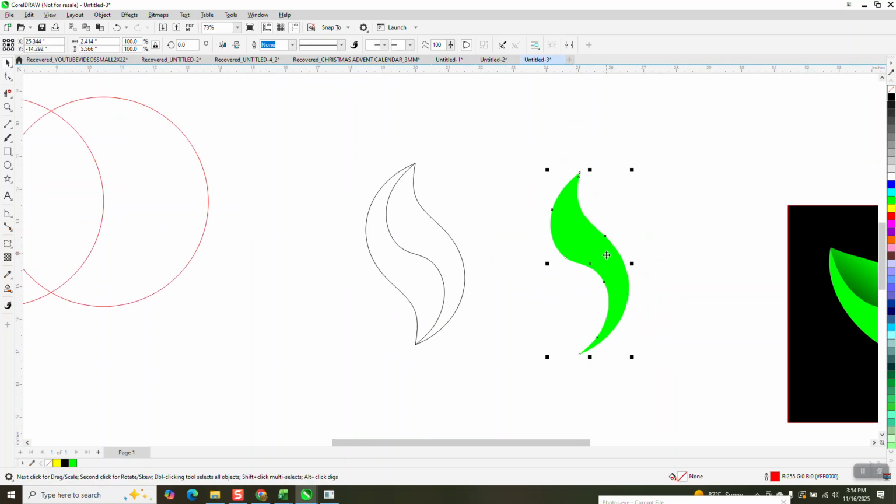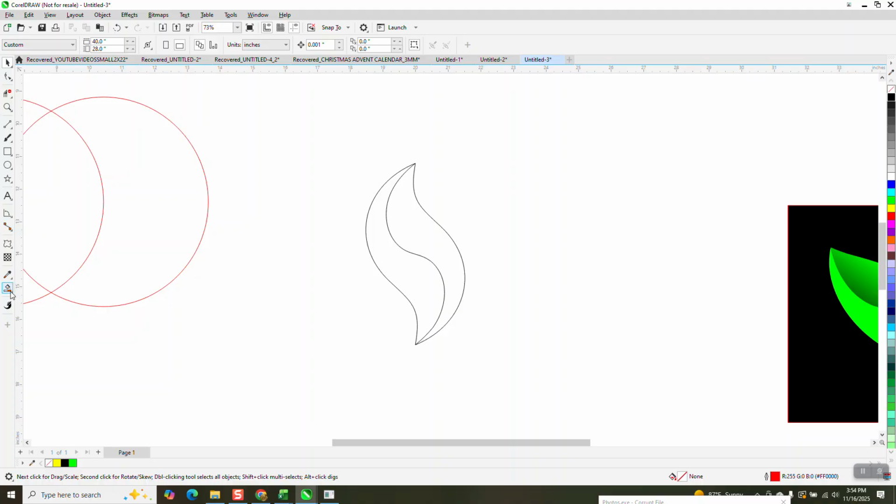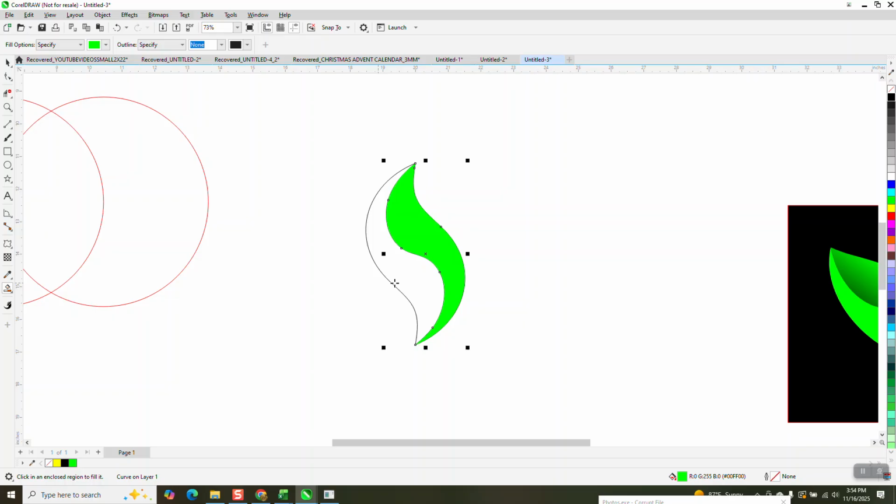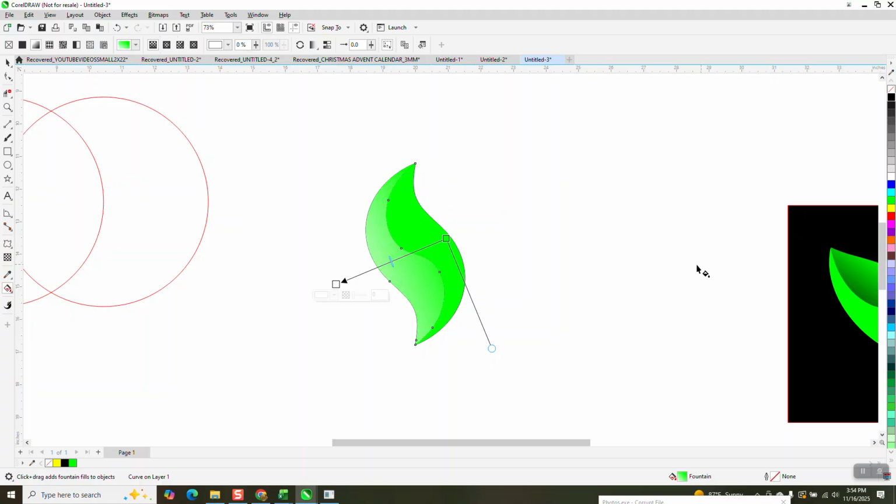So what you could do with this shape, I mean, there's a lot you can do with it. Let's get the Smart Fill tool again. Go and fill in both sides. Take the interactive fill tool. And instead of using black, I want this one. Looks like it's doing both of them, I'm going to put a darker green in there. Yeah, it's only doing the one. So you can put a little bit of darker green, then